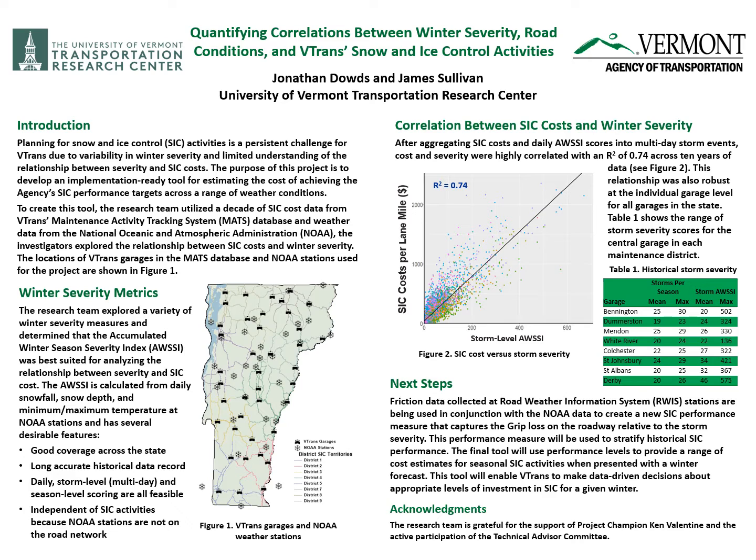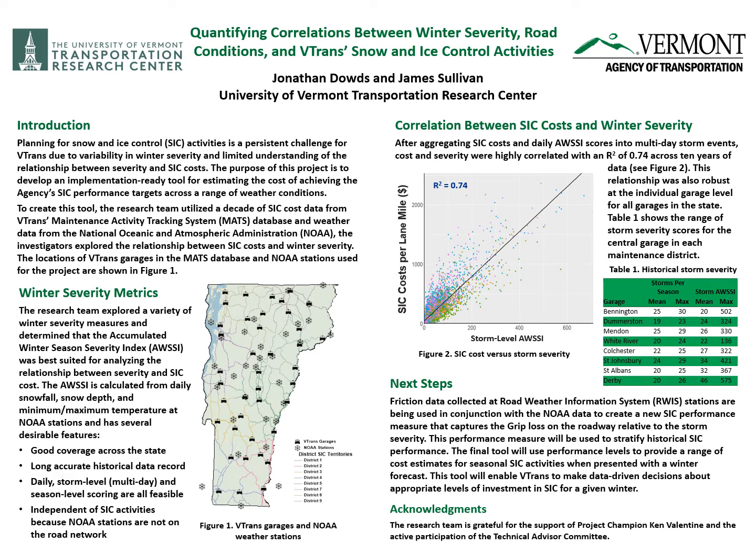We need to be able to calculate this at the daily or storm level in order to correlate it with the costs that we were looking at, and it needed to be independent of snow and ice control activities. There are a number of agencies that have advanced winter maintenance metrics based on road conditions themselves, but then it's confounded by activities like plowing, which change the road condition without really impacting the severity of the storm, of course.